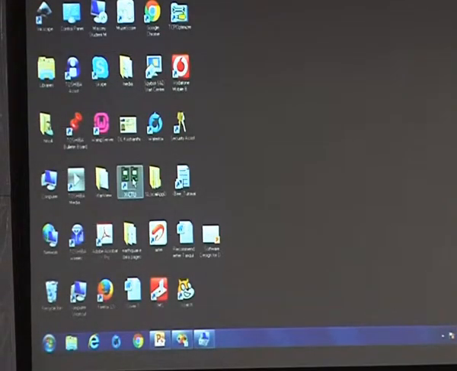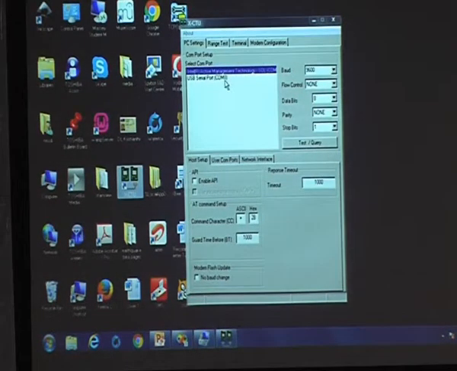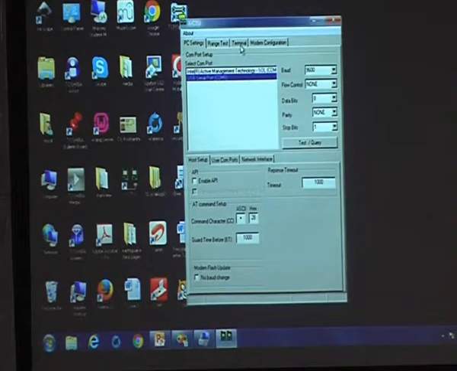So this is the icon. Once it is installed here, once again I am just trying to show you from the beginning. Select the COM port. Go to